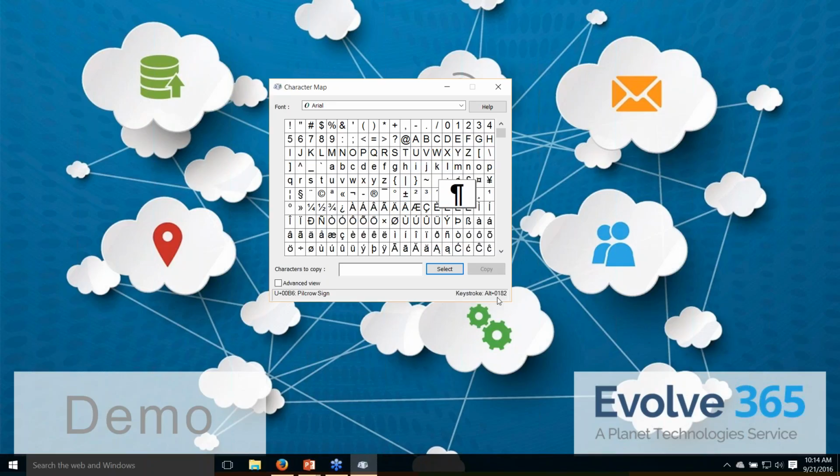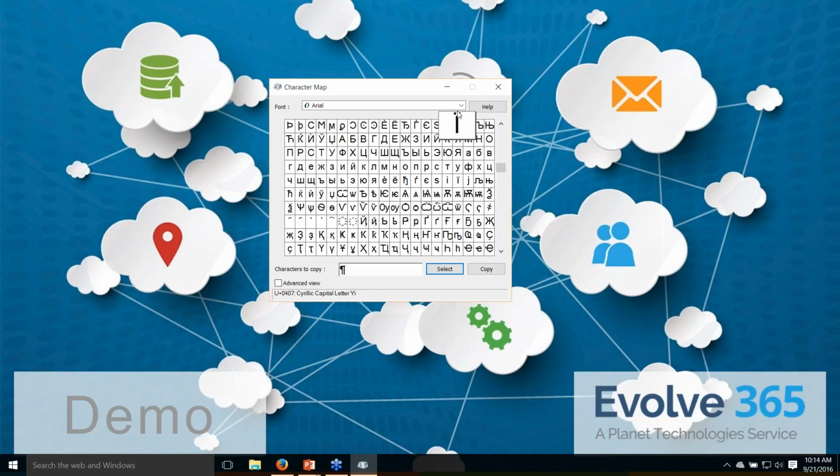So if I'm typing on a keyboard and I just hit Alt 0182 without leaving my keyboard and going to Insert Symbol on the menu or opening up Character Map, you can see I can have the option to select and then copy it. If I learn that keystroke, I can do it directly from my keyboard while I'm typing. So again, if there's certain symbols that you use repeatedly in your organization or in the work that you do, this is a great place to come once, find out what the keyboard shortcut is, and then work that into your skill set. So I can scroll down and I can see all of the different symbols here,